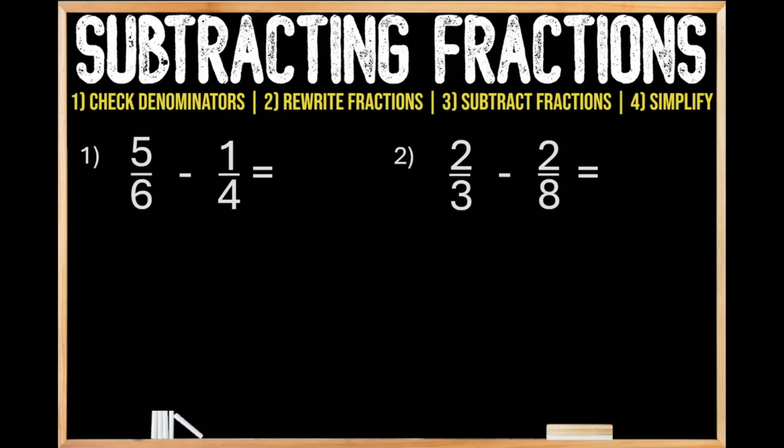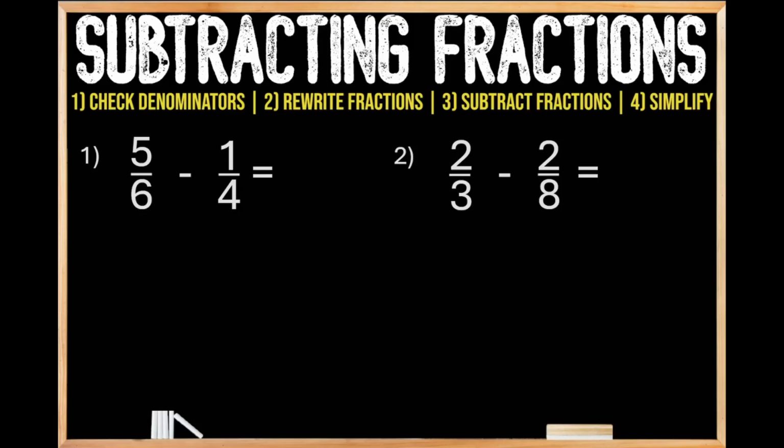Now in order for us to subtract these fractions, as we can see up top highlighted in yellow, the first step is going to be to check the denominators. And the reason that that's our first step is because if we have the same denominators, we can simply just jump ahead right into step number 3 and start subtracting the fractions. But here, since we have two different denominators, in order for us to subtract these fractions, the first thing we need to do is we need to find a common denominator for step number 2, where we're going to be